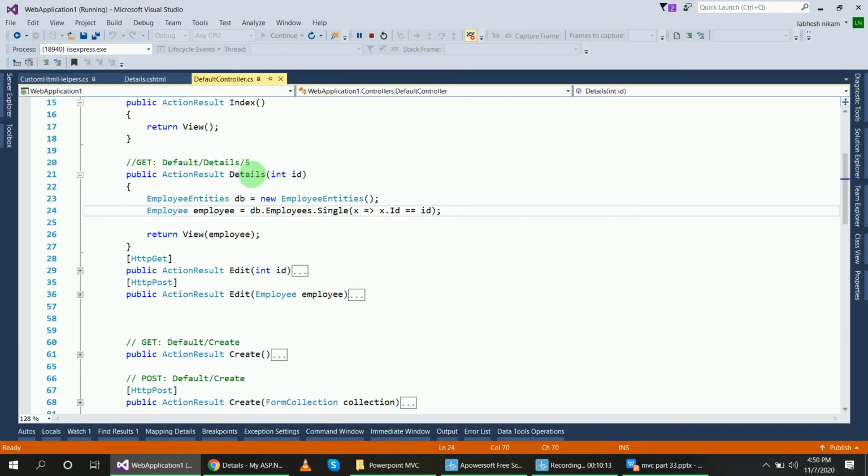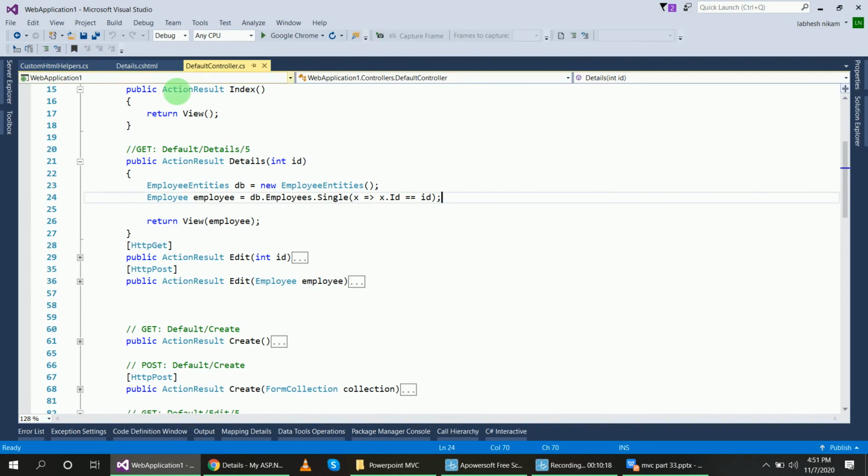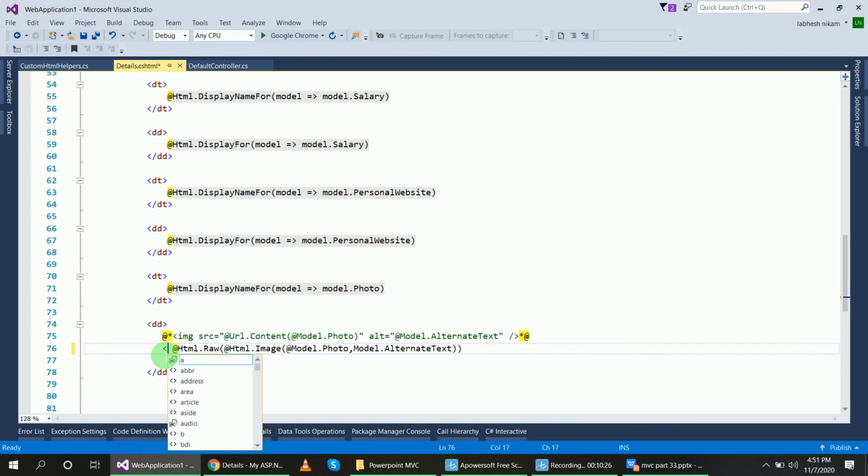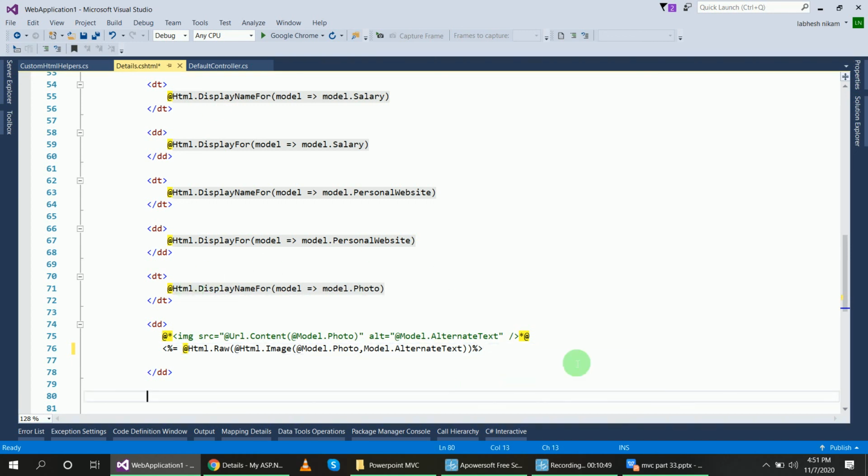You would create the ASPX page and use the Html helper with the percentage symbol equal to syntax, like this. This ASPX syntax outputs the code without encoding, so it will display the image.